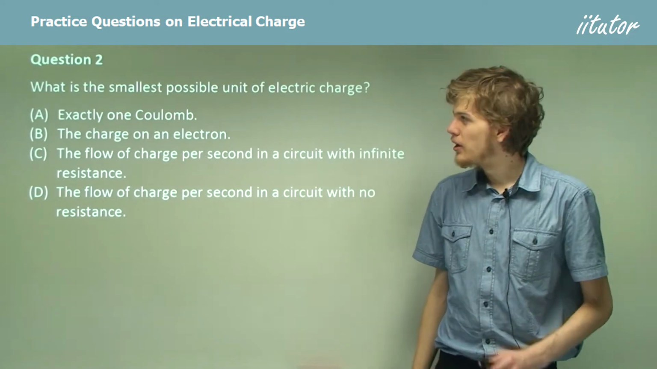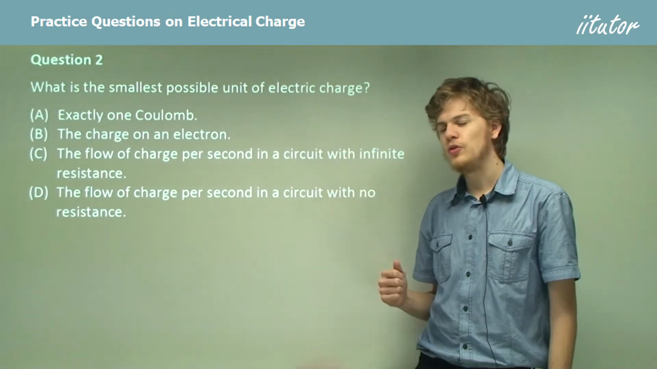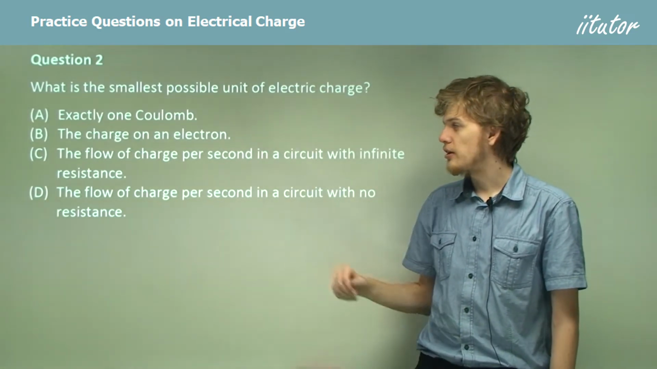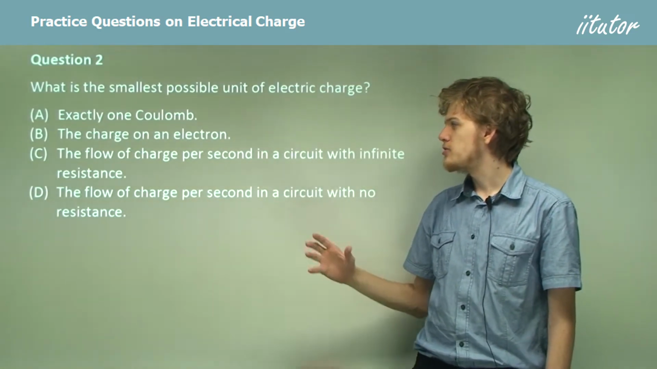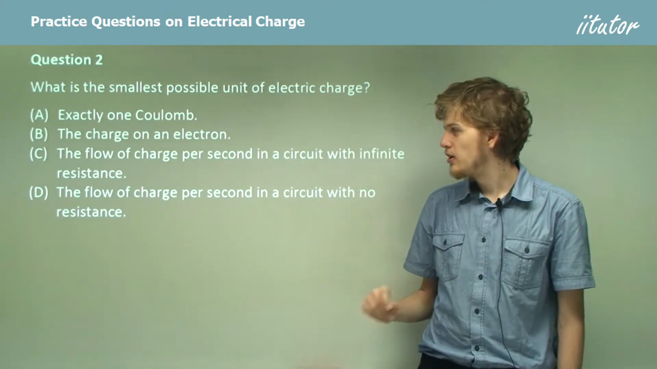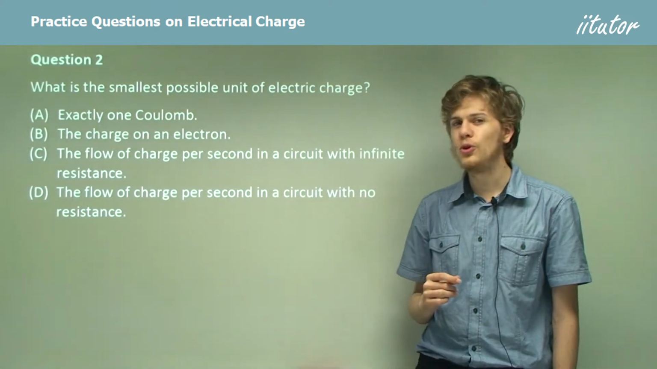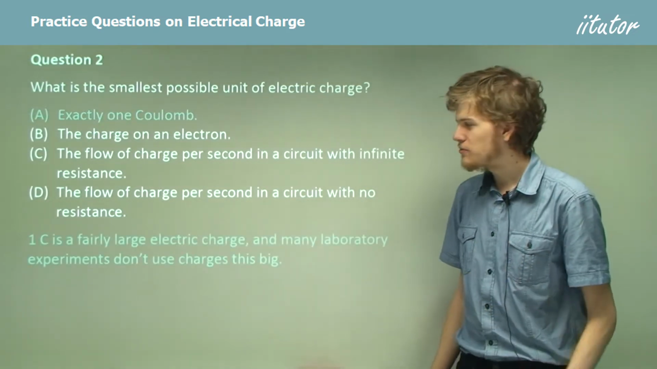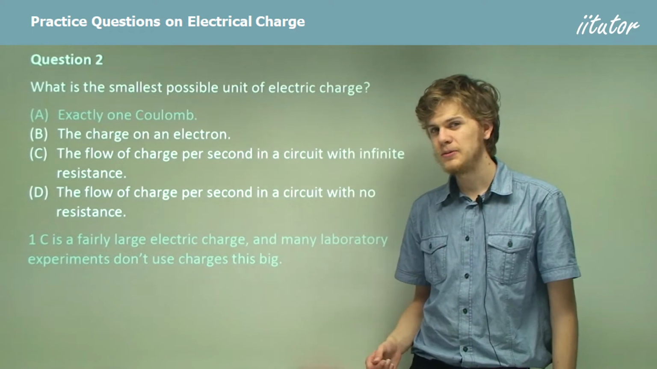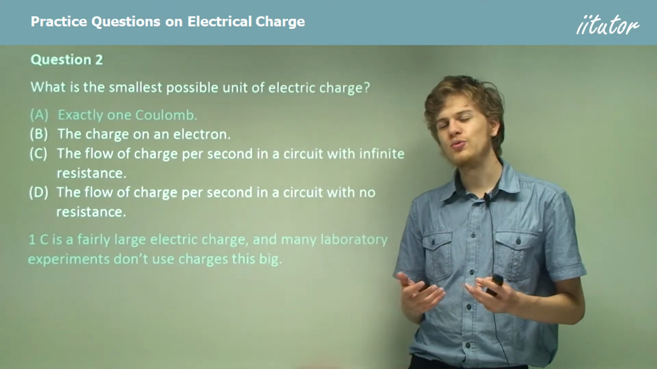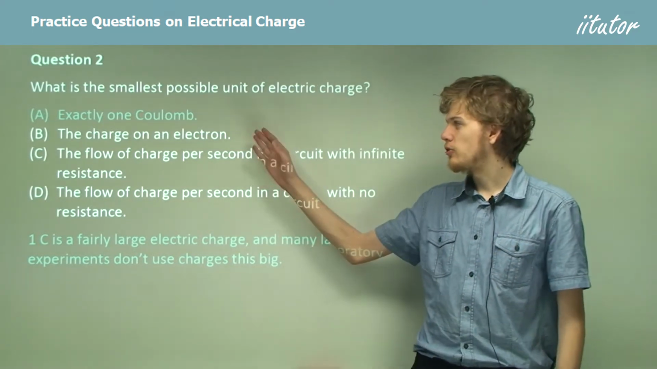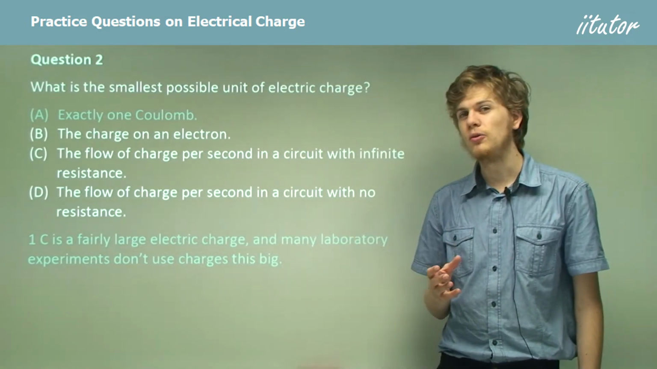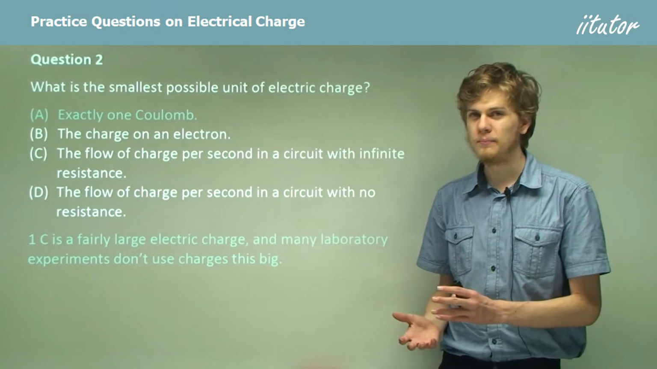Question 2. What is the smallest possible unit of electric charge? Is it exactly 1 coulomb, the charge on an electron, the flow of charge per second in a circuit with infinite resistance, or the flow of charge per second in a circuit with no resistance? Let's go through our options. Exactly 1 coulomb is in fact quite a large electric charge. Most of the electric charges you work with in a laboratory will be a lot smaller than 1 coulomb. In fact, most of the electric currents that you deal with will be smaller than 1 ampere, that is 1